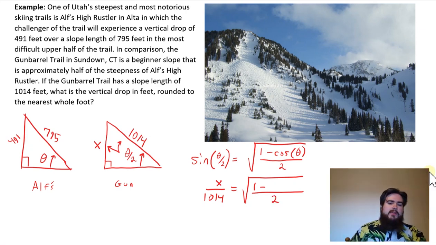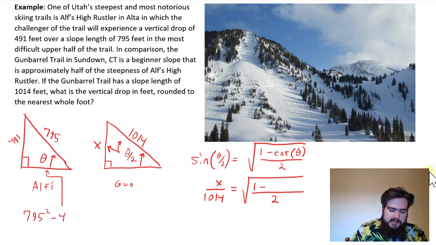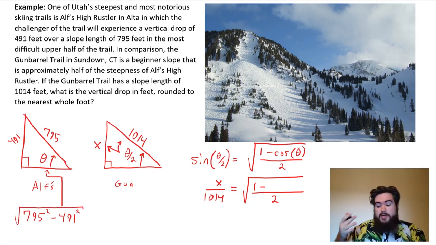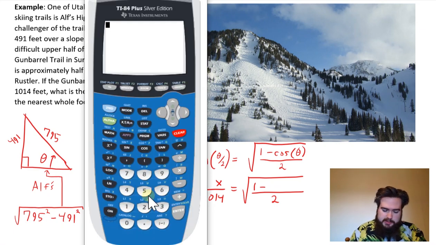We technically do not have cosine of theta directly because we do not have the adjacent side for theta, but we should be able to solve for the adjacent side here using the Pythagorean theorem. The Pythagorean theorem would give us the square root of 795 squared minus the opposite side of 491 squared, which I don't believe is going to come out as a really great number, so I'll just keep the value on the inside of the square root for now. 795 squared minus 491 squared gives us